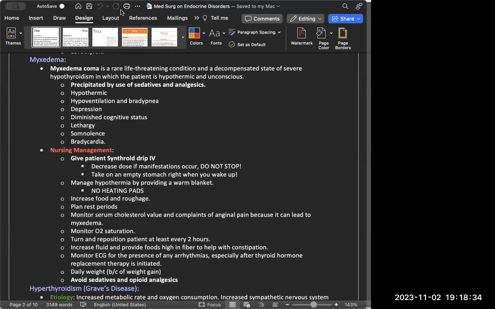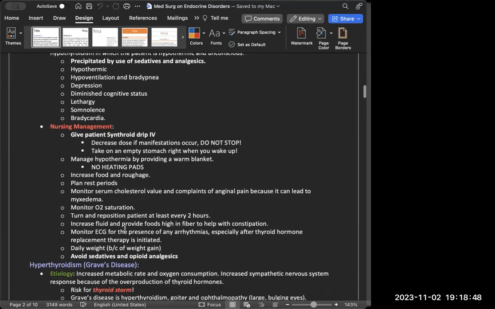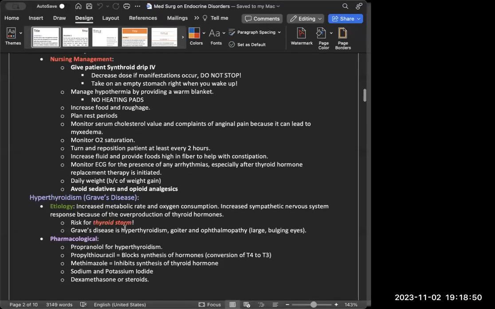I need to see what's going on, their breathing patterns, right? Are they having any sort of cognitive changes? Are they becoming more slowed and fatigued, right? Because that can be an issue. They can become unconscious and go into a comatose-like state. So for these patients, we give them